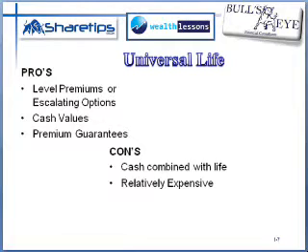Just to come back to you, what Universal Life was about is it combined cash with life. So some people saw that as a con, and it was relatively expensive in comparison to the new generation products, but that's only initially. In the long term, it's not an expensive product. I'm not saying that you must go back and get your Universal Life product, but I just want you to understand the pros and the cons. The pros are you had level premiums, or you could have had escalating options depending on what product you had. And it built up cash values, and those premiums were guaranteed normally for the entire life of that product.